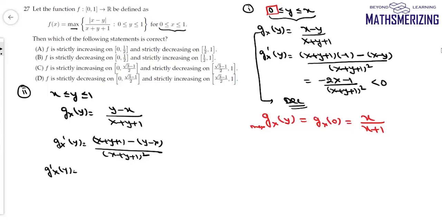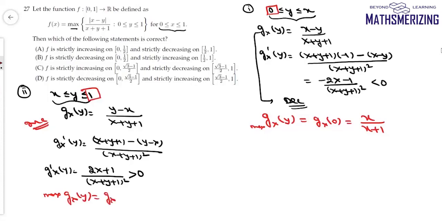So here it will be (2x plus 1) upon (x plus y plus 1) whole square, which is greater than 0. So in this interval, this function will be an increasing function. Now if the function increases, then the maximum value occurs at the end of this interval. So in this case, the maximum value of g(x, y) will occur at y equals 1. If we put y as 1, we'll get 1 minus x upon x plus 2. So I can write this function f(x) as